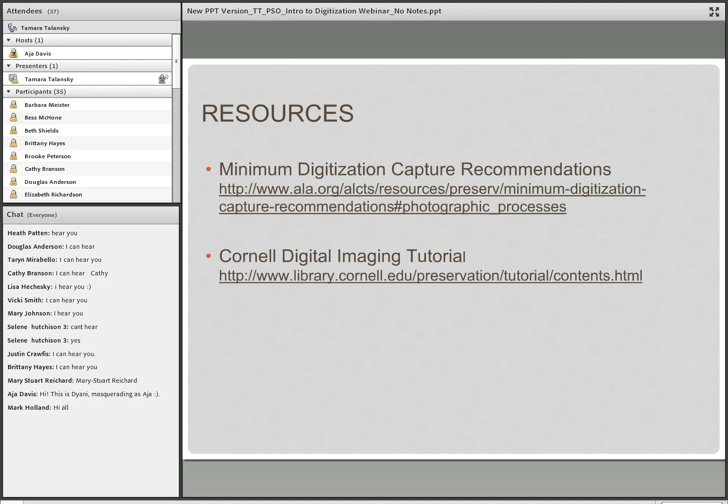These are two excellent resources for more specific technical details. The first is from the ALA, which has a great minimum capture guidelines section. It breaks down every type of source content, so video will be in there, audio, literally any type of content you can imagine, they've got it in there. So it's a really great minimum capture guidelines, the best I've seen of all of these resources as far as that goes. And then the Cornell link is a really great overall tool and tutorial, anything from your basic terminology to project management. So these are two I highly recommend.